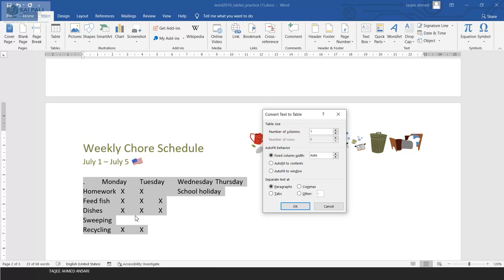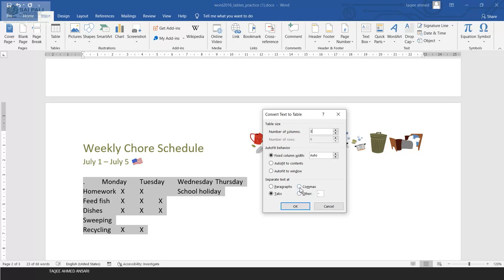Now because I wanted to change it to a table, I made this text and gave a tab in between those words so that they can become different columns. So I know there is a tab to separate those words, so I click on this tab option. Now when I select this tab option, you can see here it is now showing 5. Now it is saying 5 columns are there. Why? Because they are separated with tab. How many columns do I have? 1 for this homework, then Monday, Tuesday, Wednesday and Thursday, total 5.